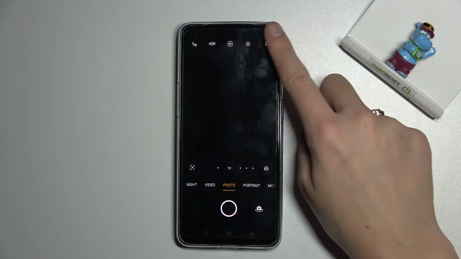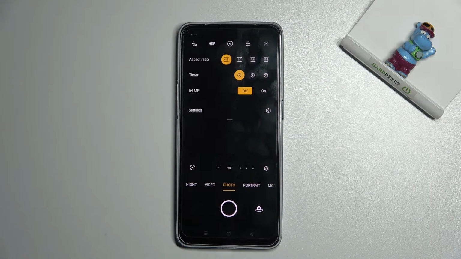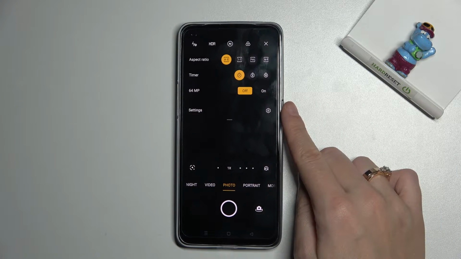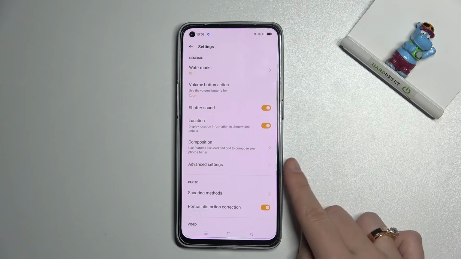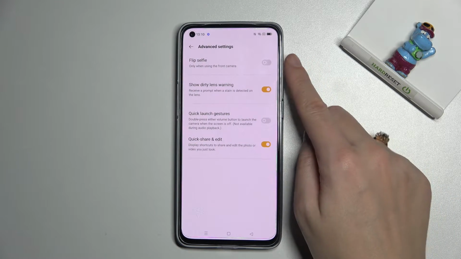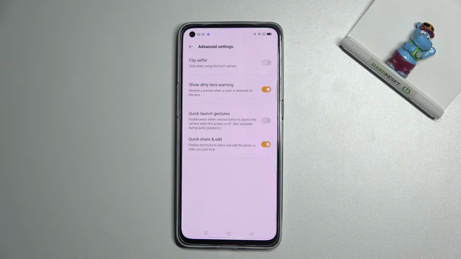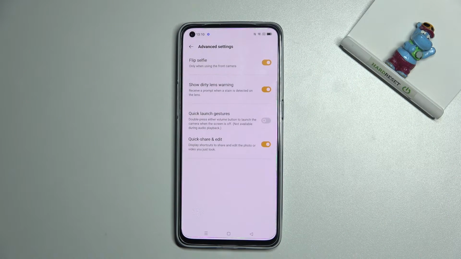So let's start by tapping on the camera button to open it, and for now we are on standard photo mode. From here let's go to the right corner button, so we get access to more options about the camera we can manage, with camera settings at the last position, so we have to open them. Now we have to find advanced settings, and when we tap on them, we get access to flip selfie in the first place, so our mirror effect. By using the button from the right we can easily turn it on and turn it off as we need,